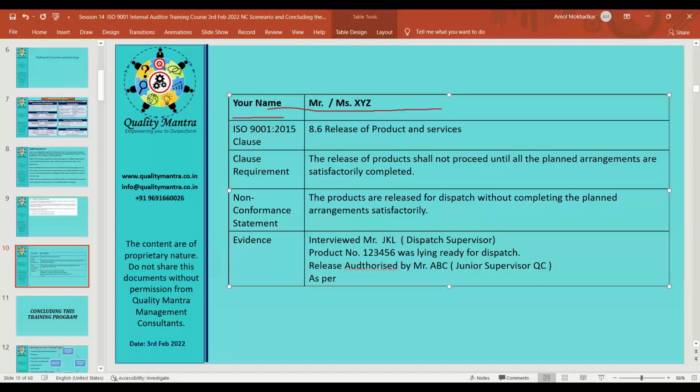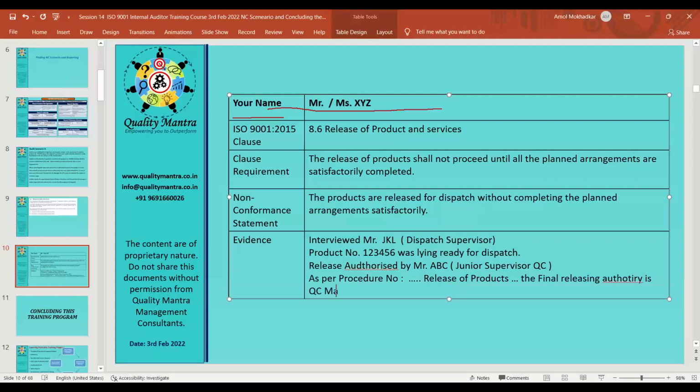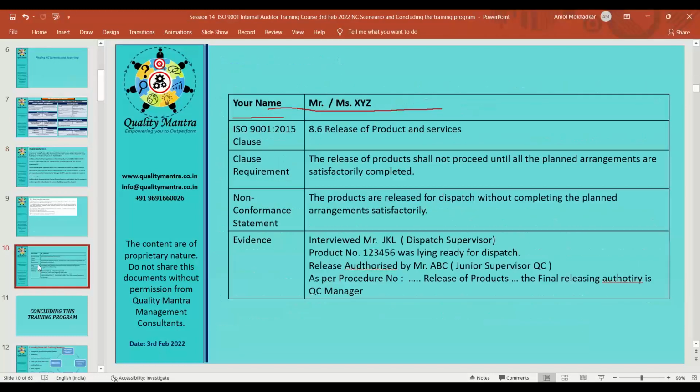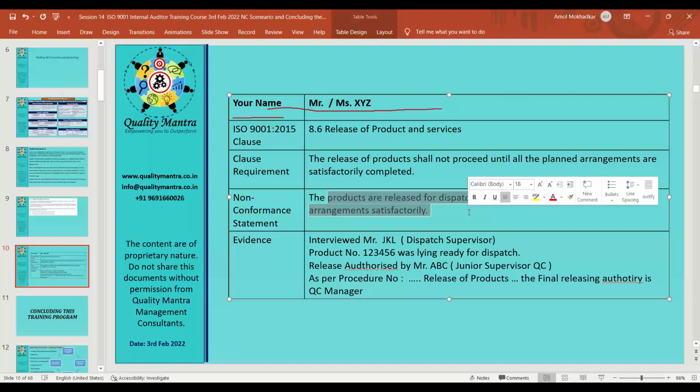As per procedure number, जो भी उसका डॉक्यूमेंट का प्रोसीजर नंबर होगा, release of products, the final releasing authority is QC manager. Okay, that is what is written in here. So who is responsible? QC manager is responsible as per that procedure number so and so. This is the evidence. These evidences are supporting that yes, the products are released for dispatch without completing the planned